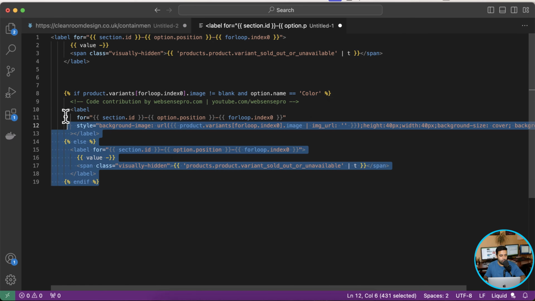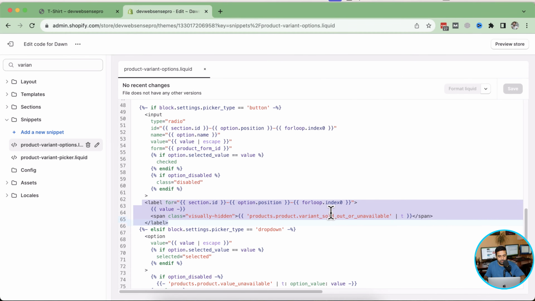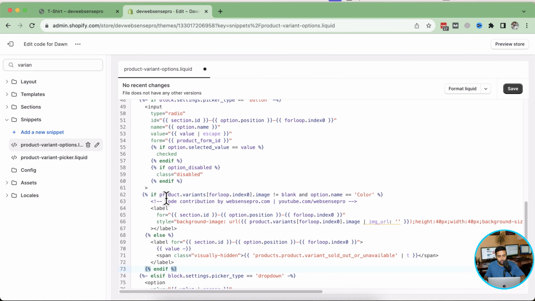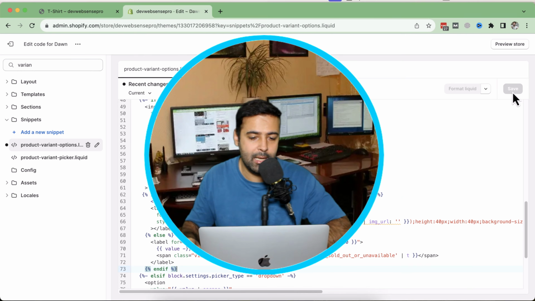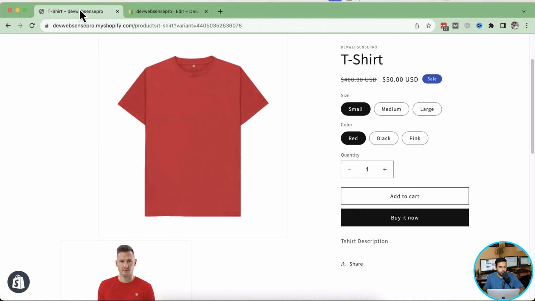And now I'm just going to copy this code and replace it from here. And here we go. Now the code has been placed, and now I'm going to hit save. And that's it, guys. That's all you have to do in order to see your color swatches as product variant images. And you'll have to wait a minute or two after saving the file, and then go to the product page and hit